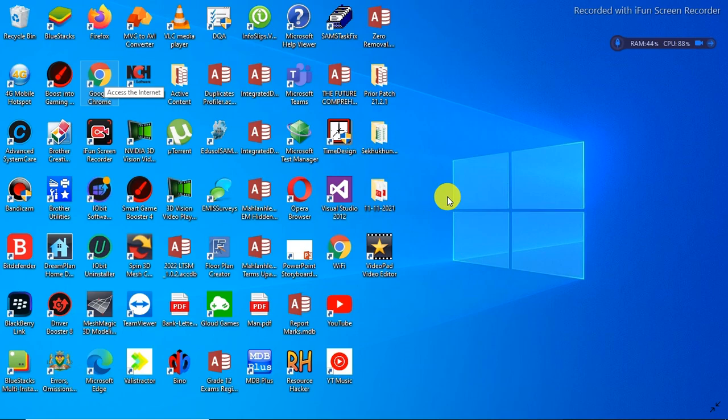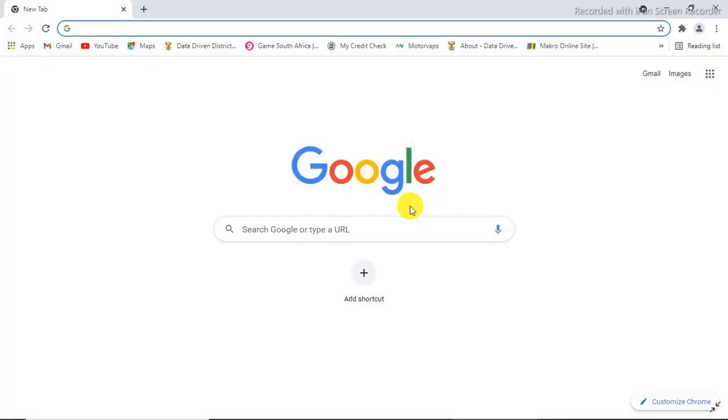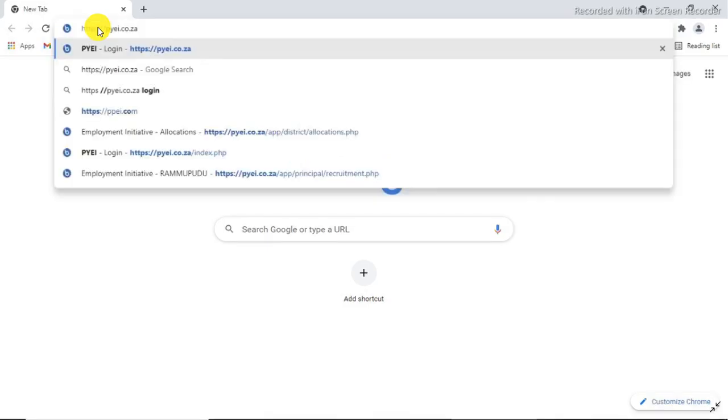Once your Google Chrome is launched, it will send you to a Google search engine. Once you reach the Google search engine, simply click in the address link option up there, then begin typing in your address. Since I have typed the address multiple times, it will give me an option to complete the typing of the address via predictive writing. Now, the thing you have to make sure is that you type the address correctly as